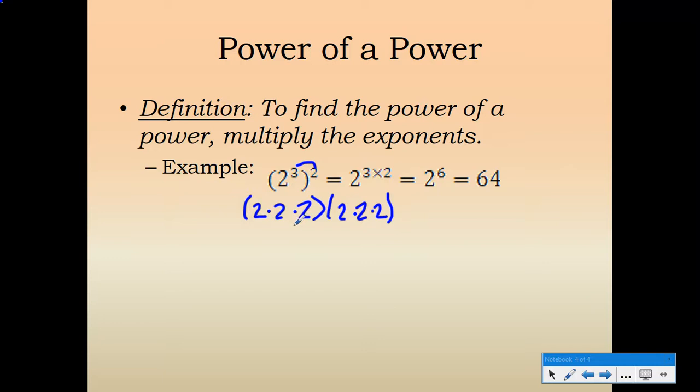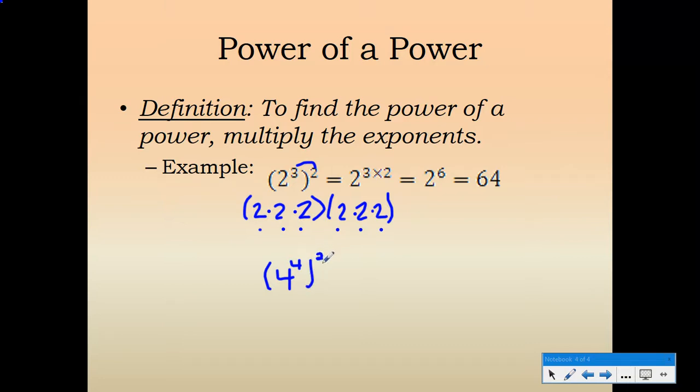For a total of 6 2s. But it's cumbersome to have to expand that out, especially if you have very large exponents. So it's faster for you just to multiply them. So for example, if I had 4 to the 4th quantity